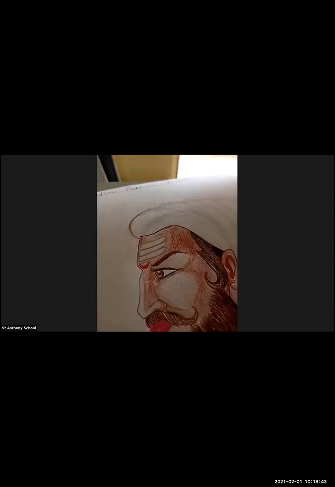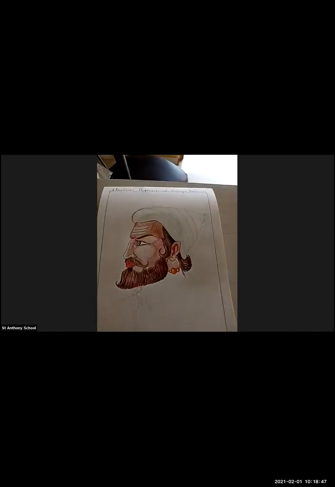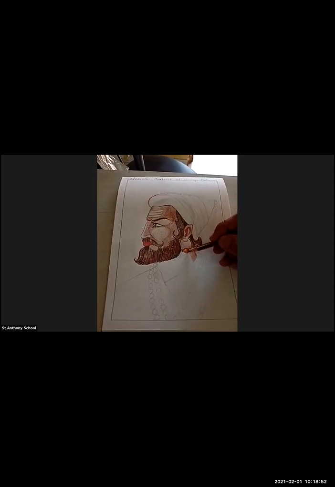Okay, so here I've colored the hairs. Just look at this. Now coloring the neck. Just look at this.